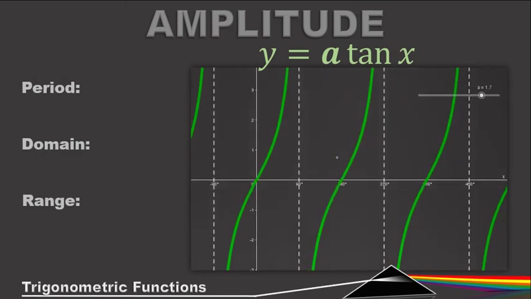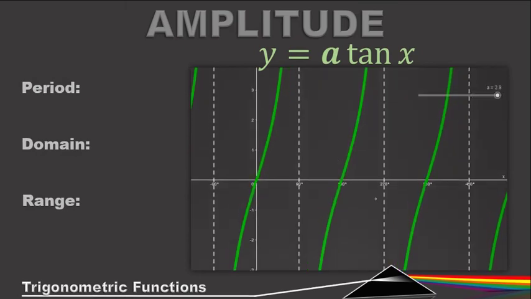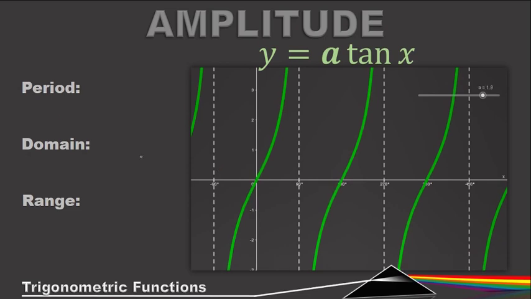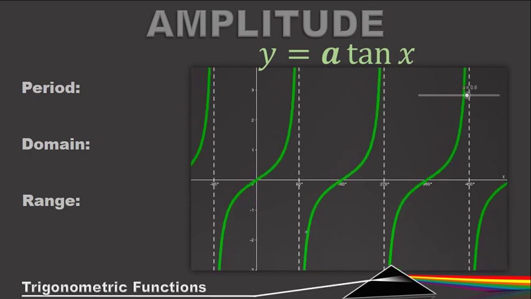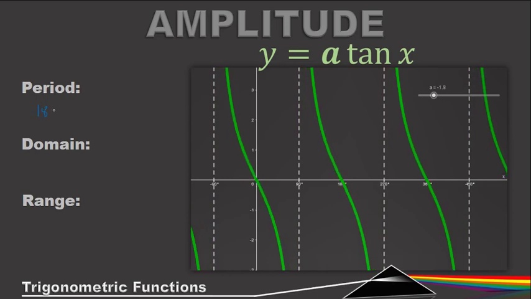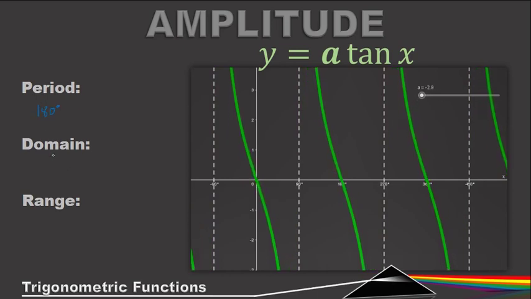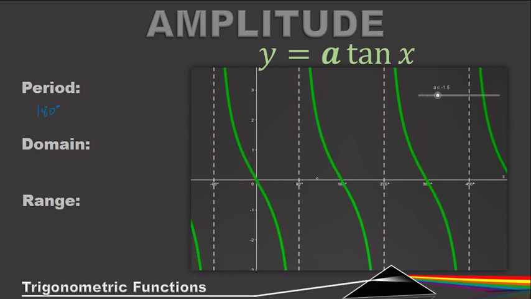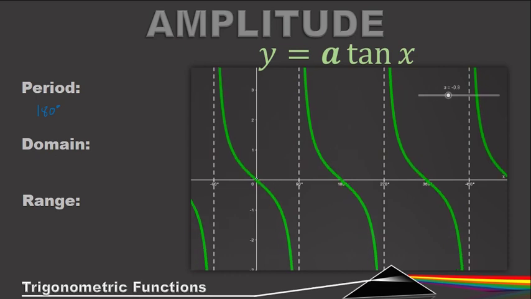And now for the amplitude of the tangent graph. Once again, we can see our period doesn't change, it's every 180 degrees. The graph repeats itself, so it's still going to be 180 degrees. The domain also, if we restrict our graph from 0 to 360, it still didn't change the domain. So x